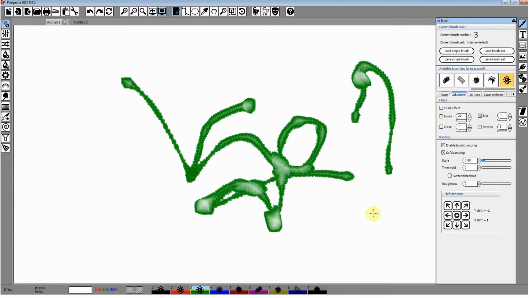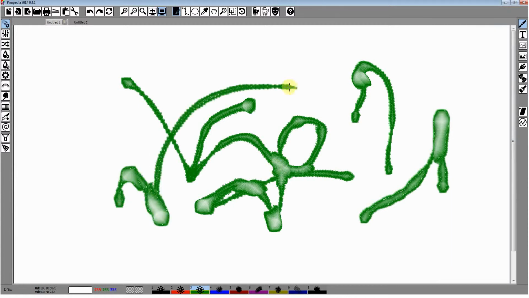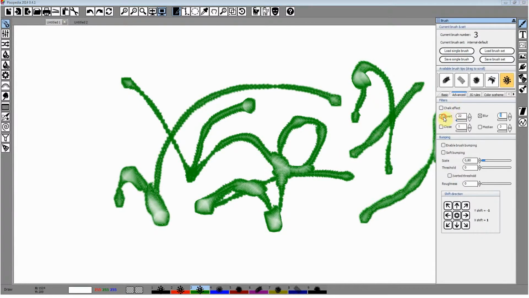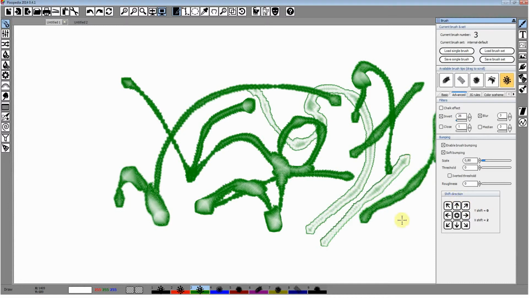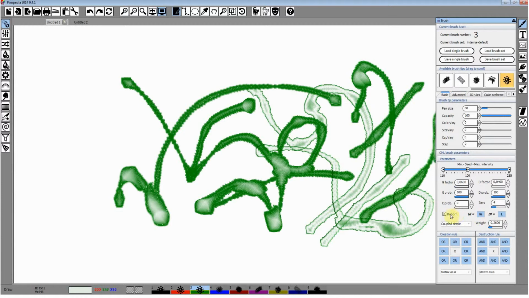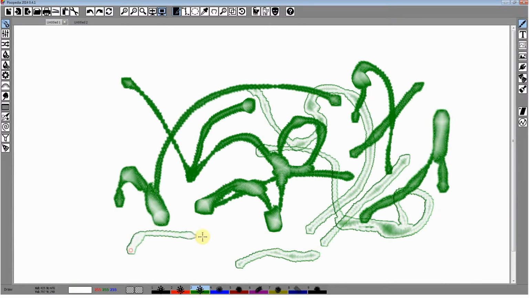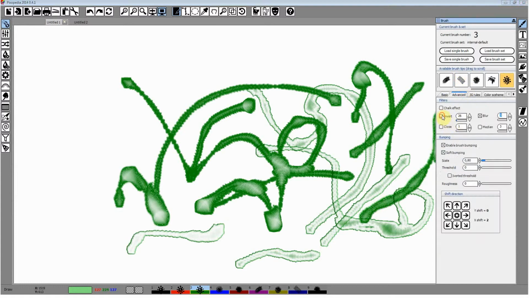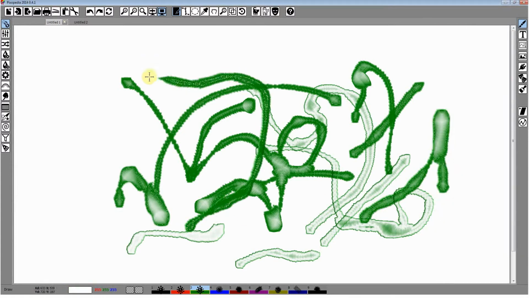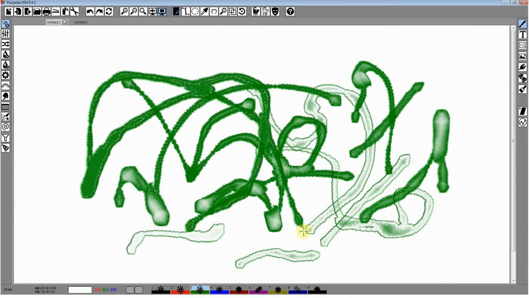Of course you can blur it as any other, invert, bump, increase bumping, and so on and so on. So just play with those parameters until you get the brush that suits your artistic needs.